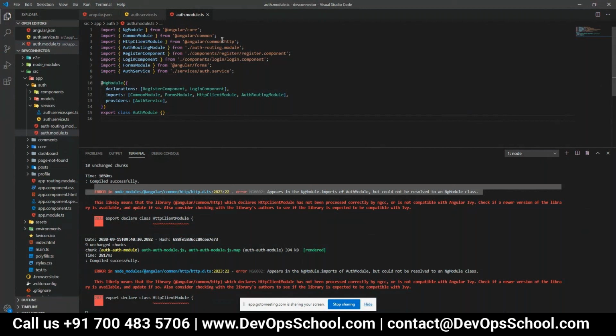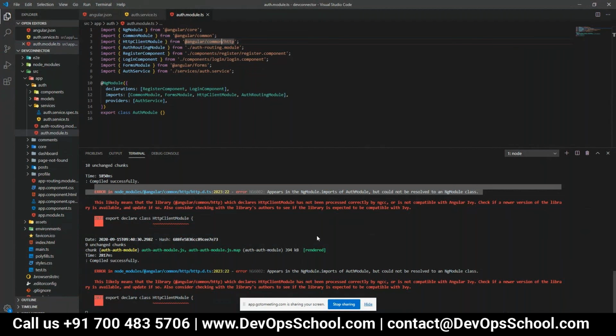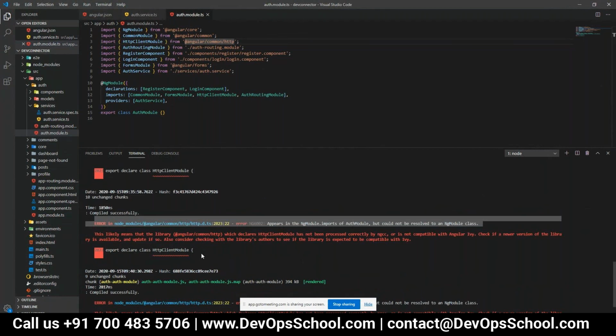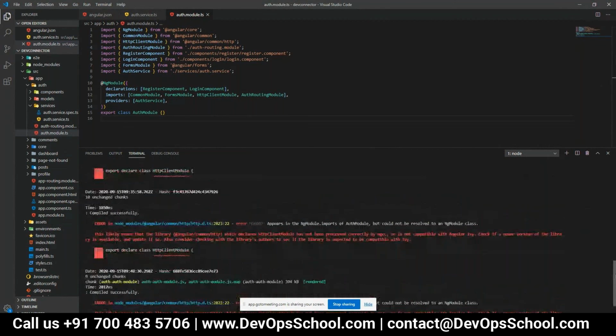Could you please scroll down in the terminal? This is the end, Abhi. I'm also getting the same error, Abhi. Surinder, no issues. Just scroll down in the terminal. This is the end. Scroll down. You want to go up? Okay.